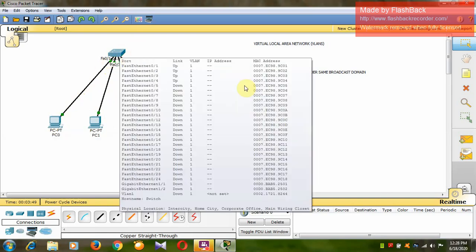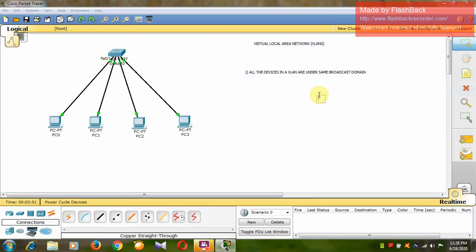So why are VLANs necessary? Suppose you have one organization. In the organization multiple systems are connected. Different departments are present, like production department, sales department, marketing department.